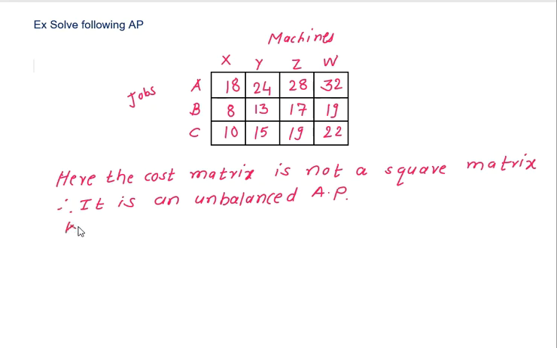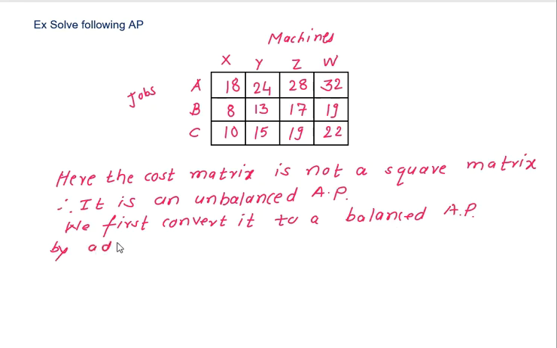So we first convert it to a balanced assignment problem by adding a dummy row